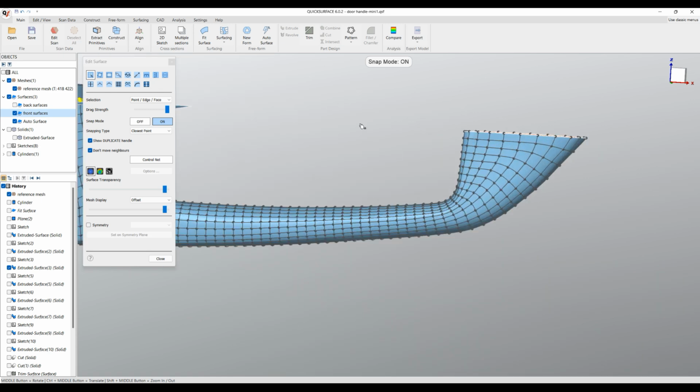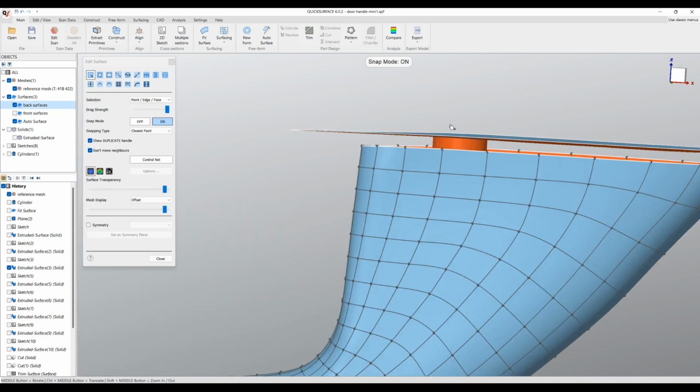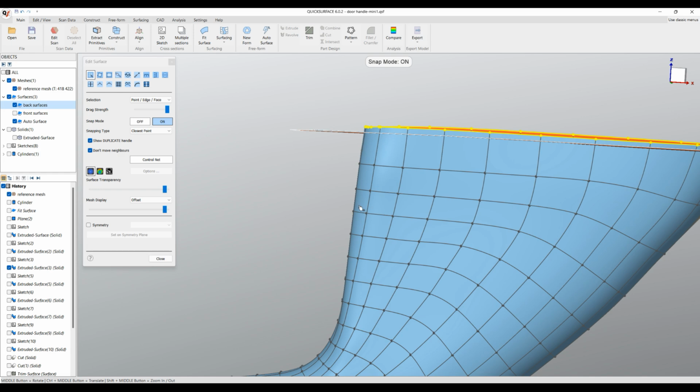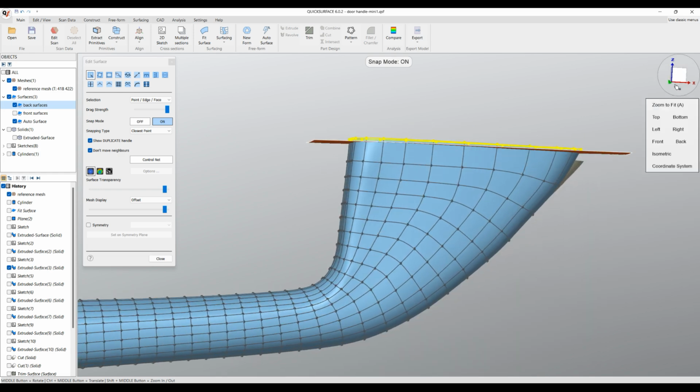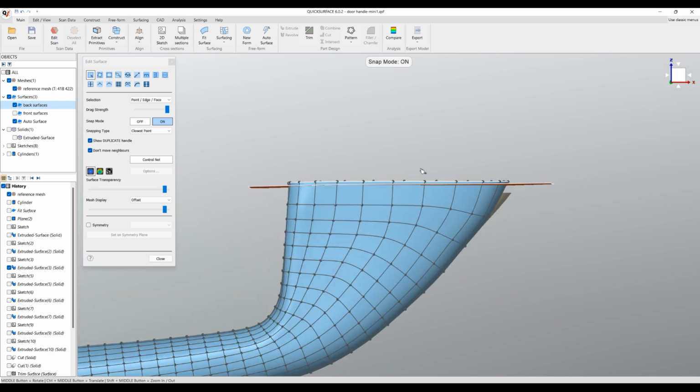Let's do the same on the back side. I will just hide the front and show the back surfaces. Double click to pick this boundary and tell the software to offset. You can see this saves you a lot of time. It makes a simple offset, but then with the option that you can turn off the snapping,